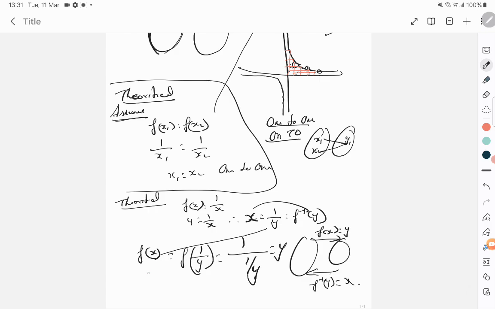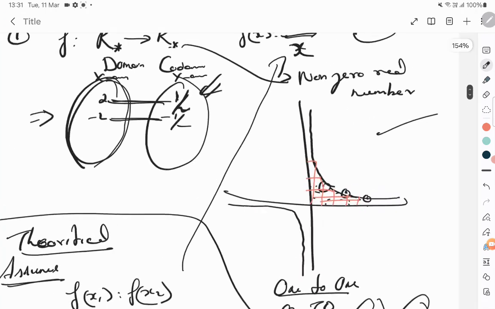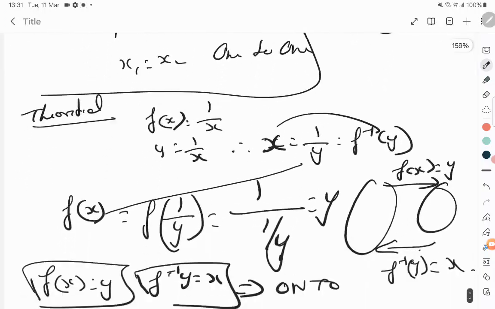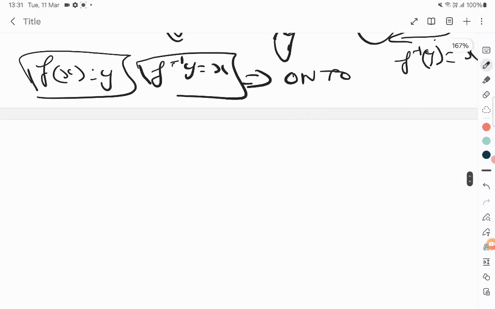And so thus you got f of x to be equal to y, and f inverse of y is equal to x. These two confirm that theoretically this is an onto function. Graphically it is very simple, but you should know both. There is a second part in this question, where they are asking you to relate the